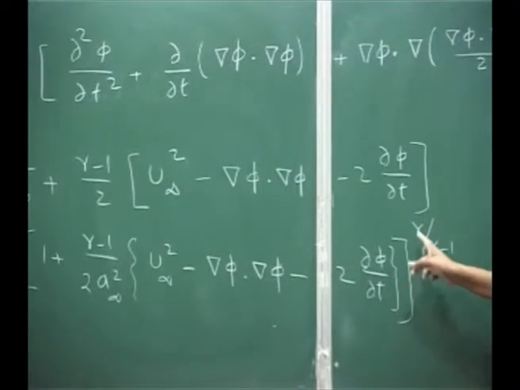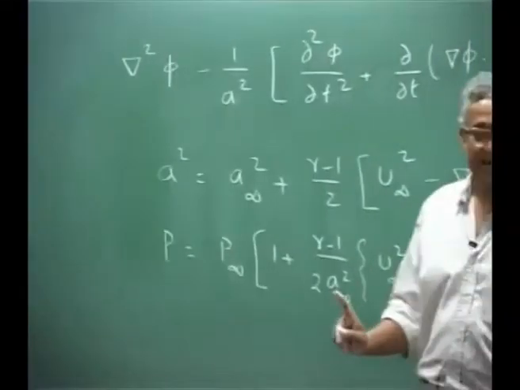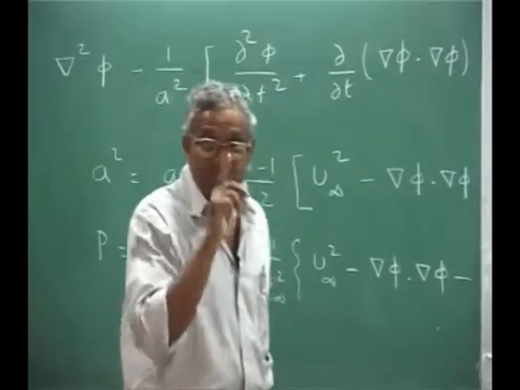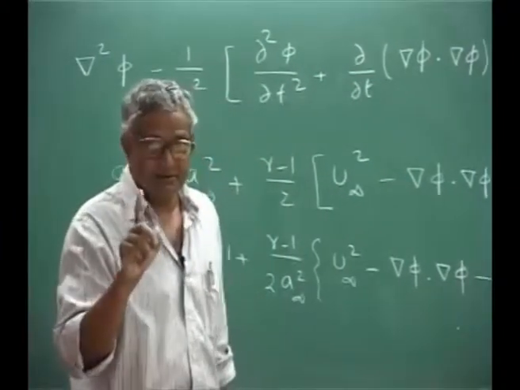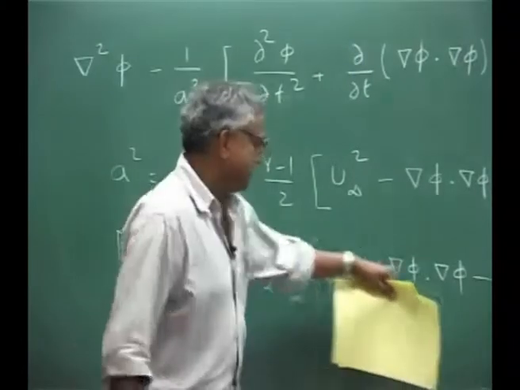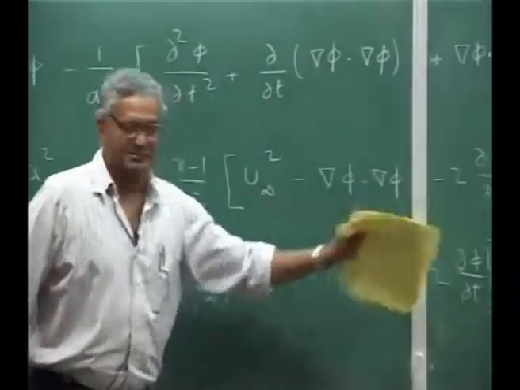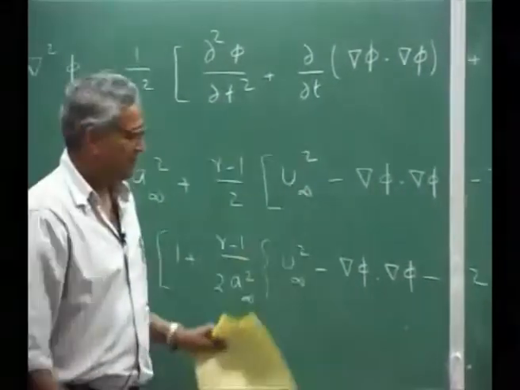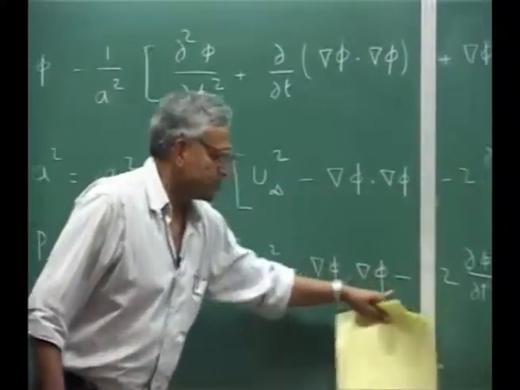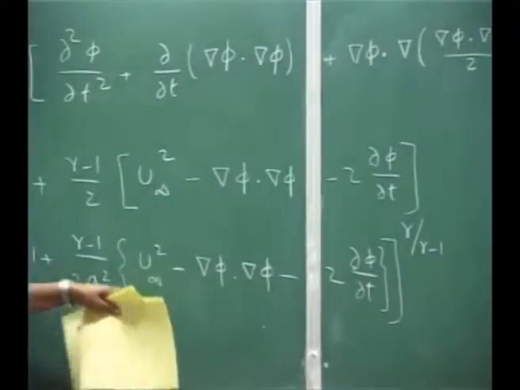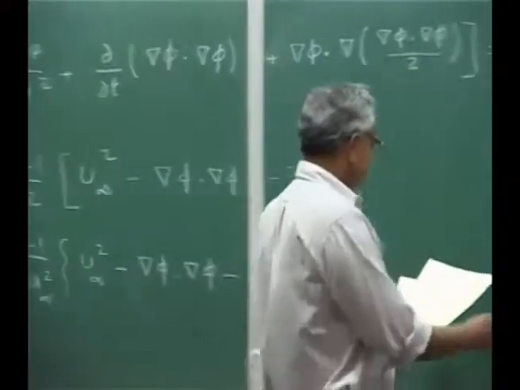When I expand by binomial, this will go inside, and I retain only one term. I will not retain any more terms, because this is 1 plus something to the power x. I say that this quantity is a small quantity. Therefore, I will get my pressure